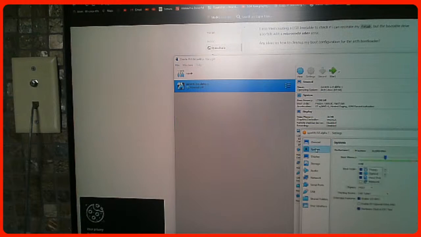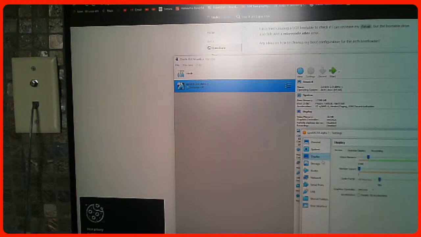Wait, hope this works. Also, I remember someone told me to change this, it might go faster, so we're gonna do that. I need more video memory, because why not? On account 1, enable 3D acceleration. Yeah, I think that's it.